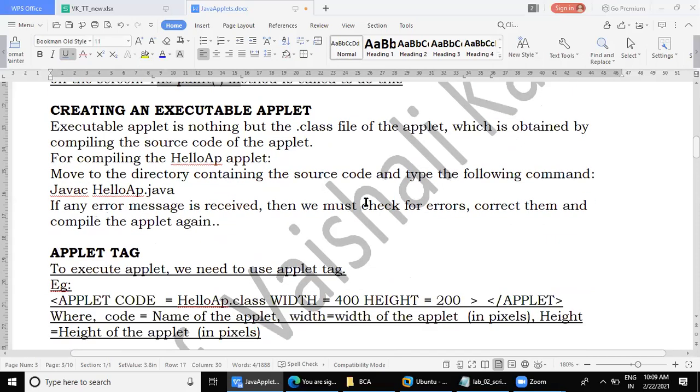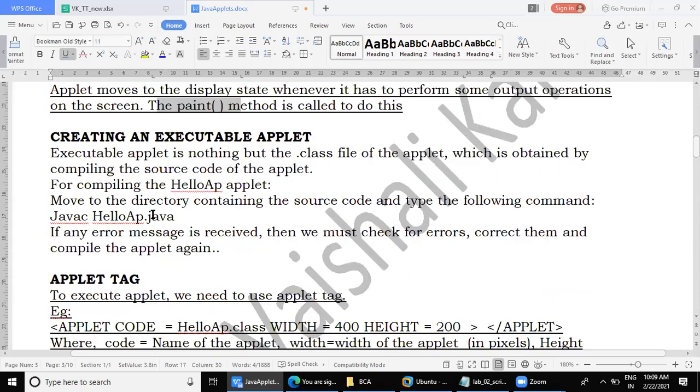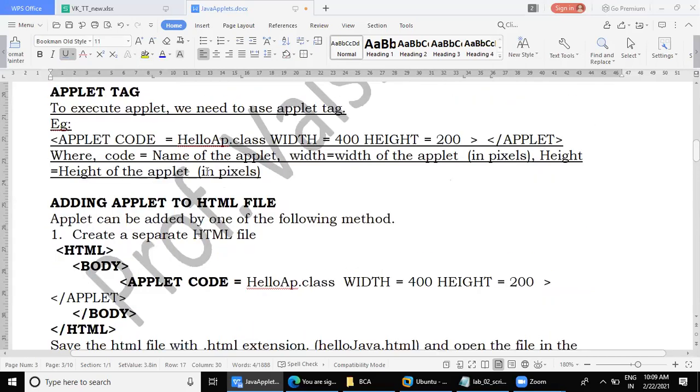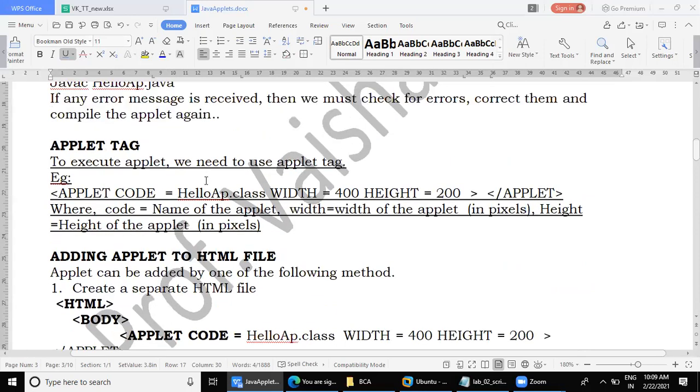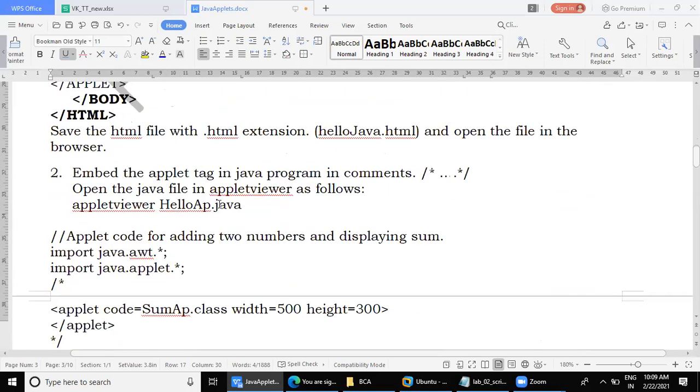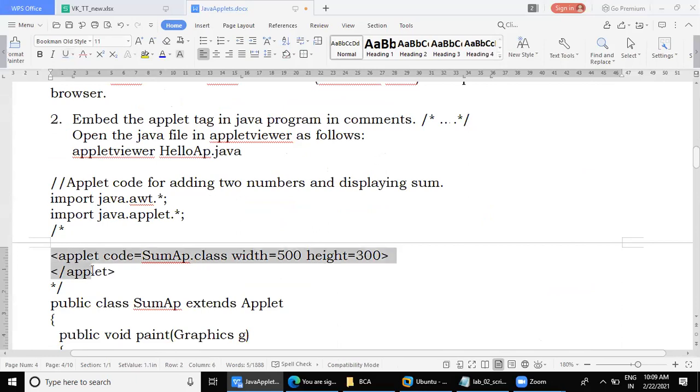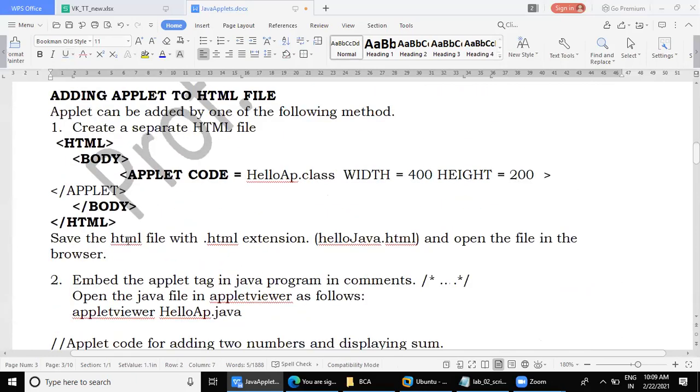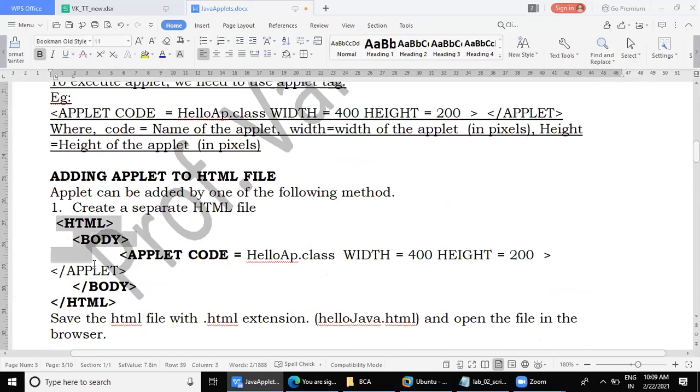Fine. So this is creating an executable applet, which last time I already told you. The other method I'll tell you now. One method I have told, that is using the applet tag. Clear? Now the second method is, you have to create an HTML page like this. Fine. So let us see that. But the only problem here is I'll have to do a little work on it.